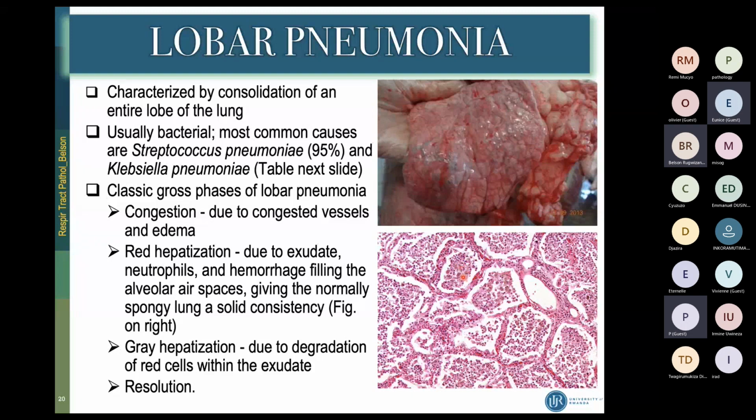So usanga huzuyemo dead tissue debris, harimo inflammatory cells na bacteria bigakora pus. So pus igizwe ubundi na dead tissue debris, inflammatory cells, and the infectious agent. So here we can say that there is a remnant here, one alveolus, otherwise all the other alveoli are full of these materials. So you need red hepatization when it is still red, and sometimes when these red blood cells